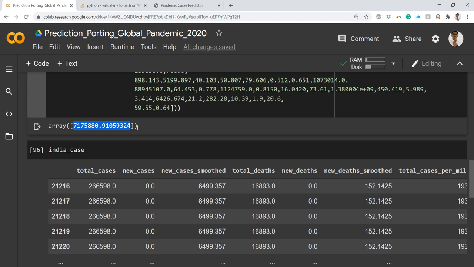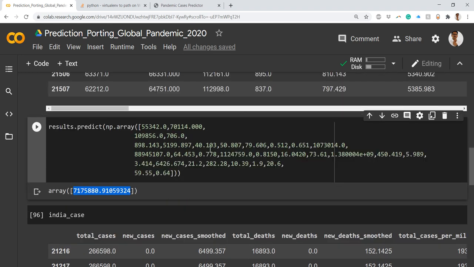Now you can check with different values. So that is the hurdle with this model, that it requires all the values to be passed in order to predict. It's not like you pass just two or three values and you can get the total cases. We have not built the model in that way.